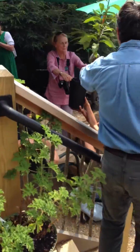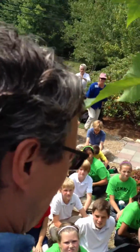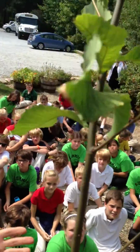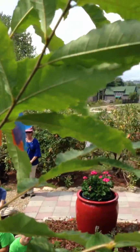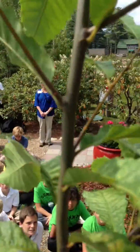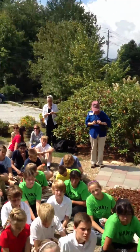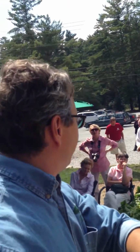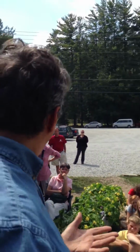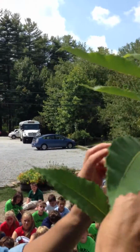So this tree, this is what we call a restoration chestnut. This is the offspring of a lot of trees that were hybridized and backcrossed and intercrossed and all this science, and a lot of genetics went into this. A lot of genetics, a lot of silviculture. So it's a lot of work, but the end result is this tree potentially has blight resistance, and I say potentially because, as I said, blight resistance is something that varies. We haven't figured out if this one is perfect or not yet, so we're going to watch it, we're going to find out. I hope this is the perfect tree,